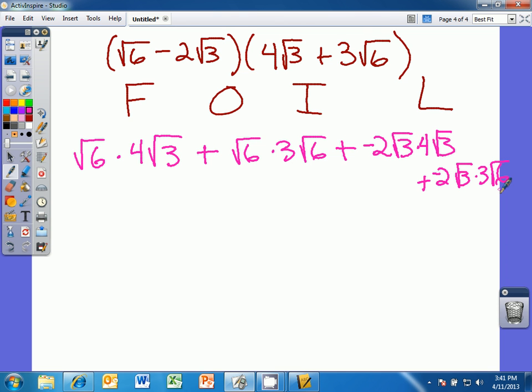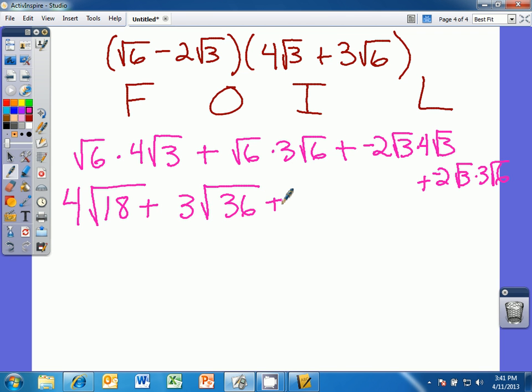So radical 6 times 4 radical 3, we have to keep the coefficient outside of the radical sign, and then we can multiply radicand by radicand. So 4 radical 18 plus radical 6 times 3 radical 6, keep the coefficient outside of the radicand, and radicand times radicand is 36,